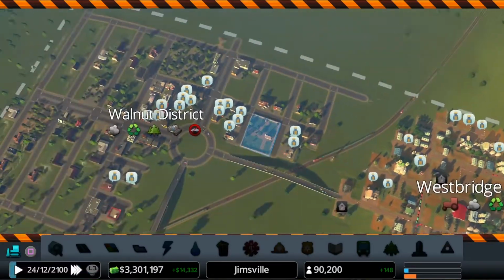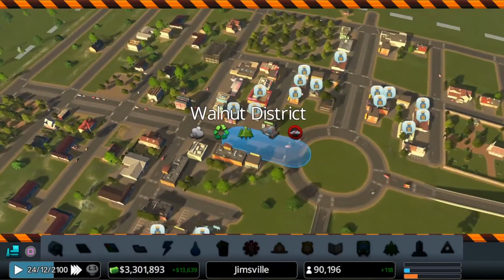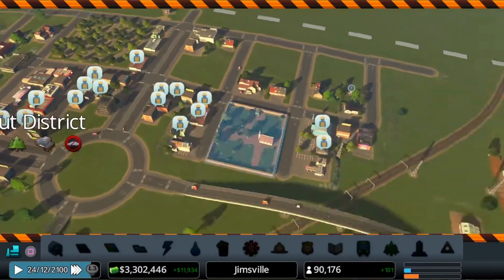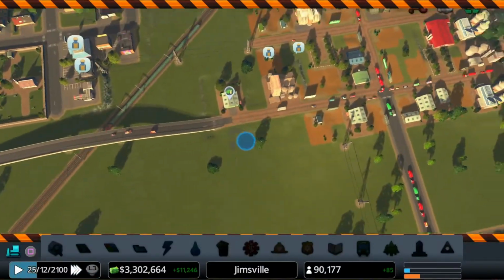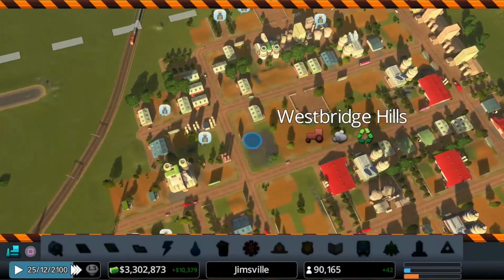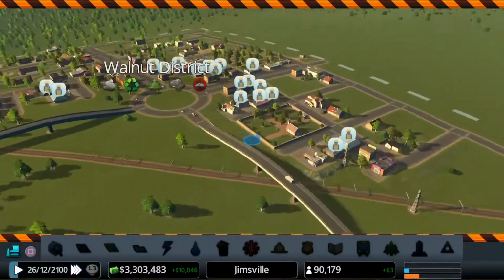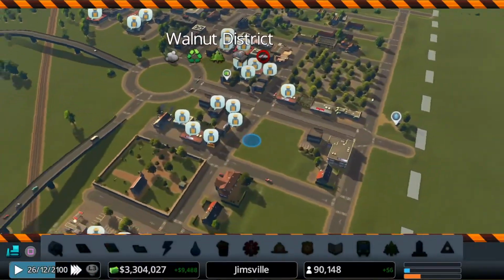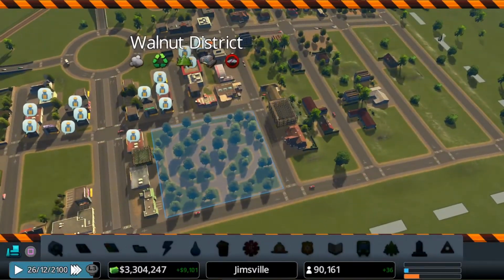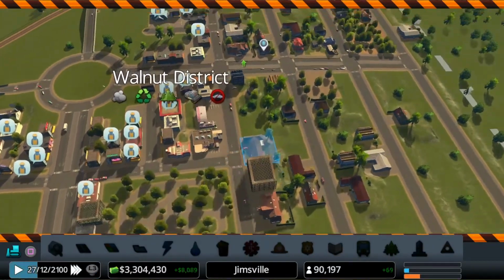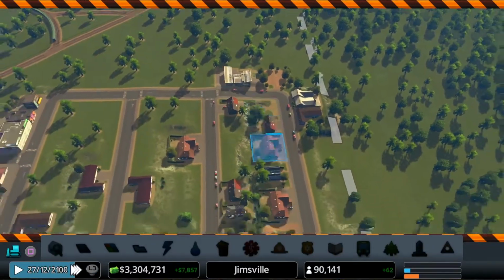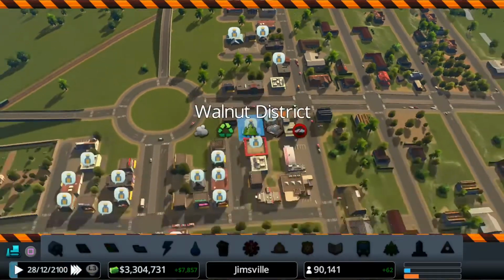So now I just need to wait for more people to move in. You can see all these commercial businesses as well, they're not getting enough workers. Another business has failed there. Another one there as well. Take those out. But as people start to move in and go through some kind of education, they should hopefully start improving and feeding these businesses.